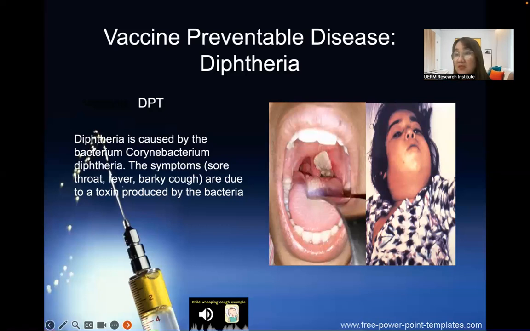And lastly, the Haemophilus influenzae type B causes death and serious disease from meningitis and pneumonia in infants and young children. So Hib bacteria are carried in the human nasopharynx, from where they can be transmitted to other humans via droplets from nasopharyngeal secretions. And lastly, the Hep B. 80 to 90% of infants infected with hepatitis B during the first year of life are most likely to develop chronic infection. So this is the sound of a whooping cough